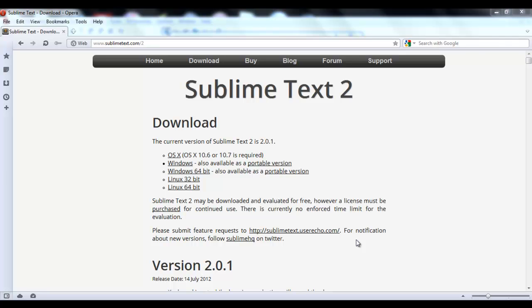Preparing the environment to work with PHP will not be complete until we get our text editor. A text editor is simply software that we will use to write our PHP code. For this study, we're going to be using the Sublime Text editor, and this editor is free for download at